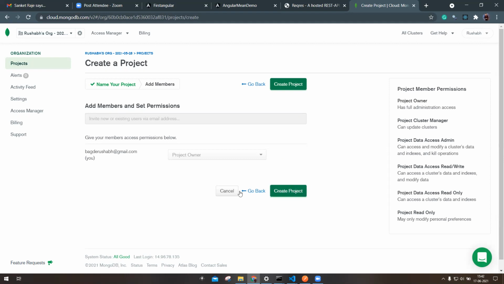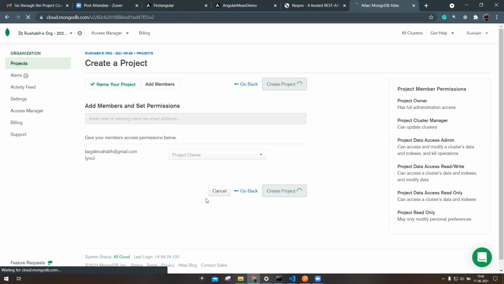Hit next, create project. It will ask for the member permission, access permission. So it will create a project.